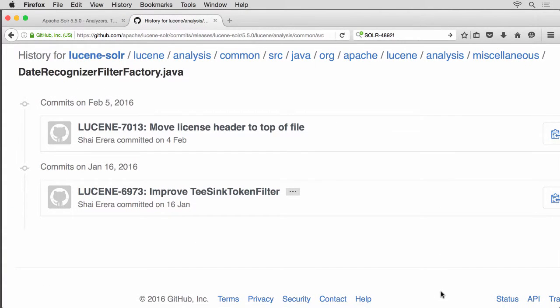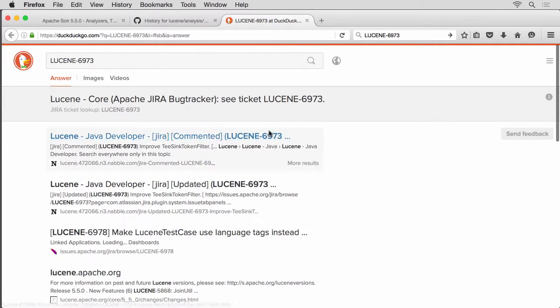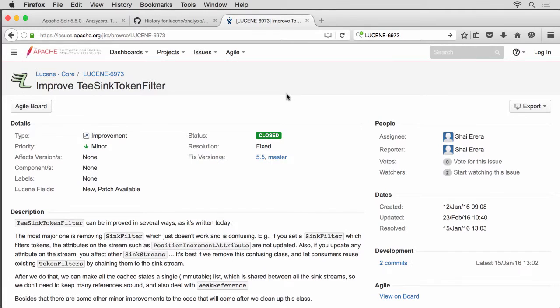It's quite recent, and the most relevant JIRA seems to be Lucene-6973. Let's plug that into DuckDuckGo. Okay, we can see it was released as part of Solar 5.5 due to some Lucene level refactoring.